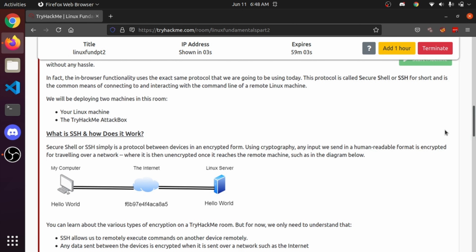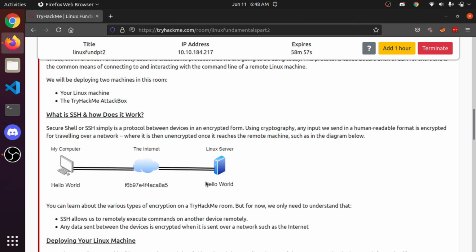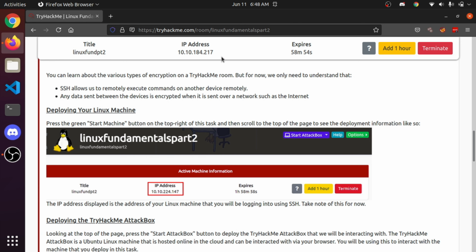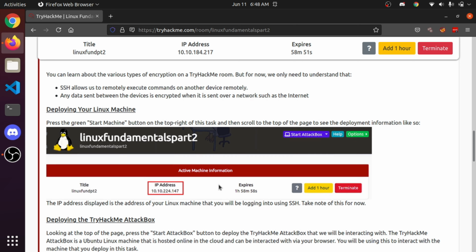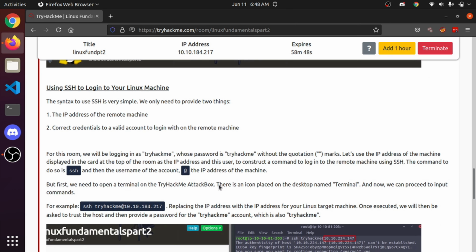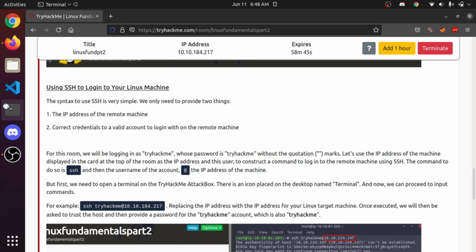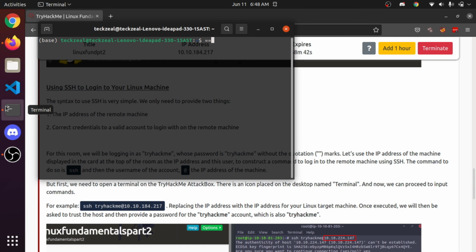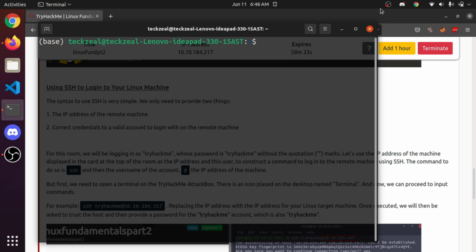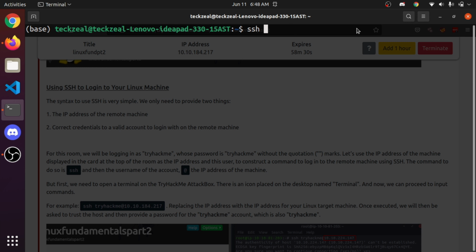That's what they are telling here. From our computer we connect through the internet, then we can connect with the Linux server, using the IP address. So normally, to access it in our terminal, first we need to use ssh, then the username, something like ubuntu or tryhackme, whatever the current user is.